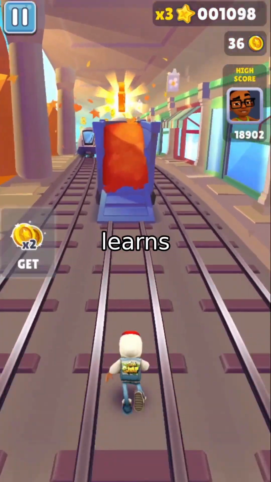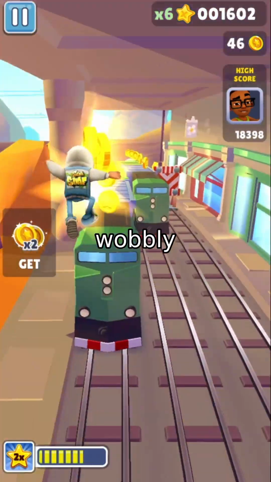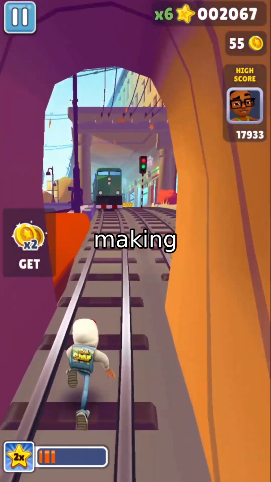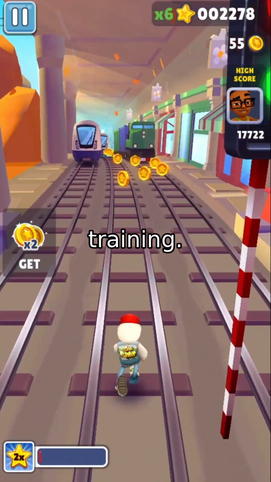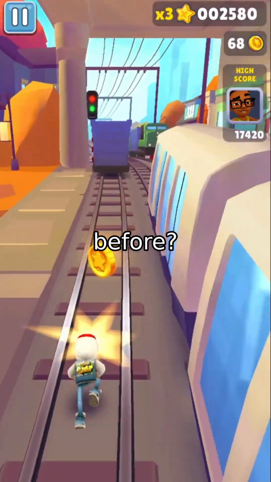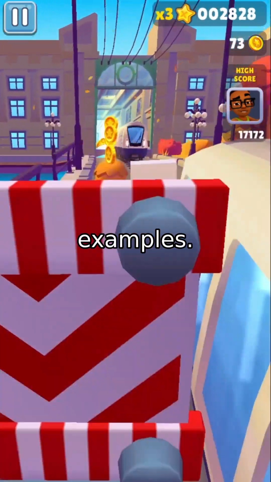Ever wondered how AI learns to adapt to new situations? Like how a robot trained in a lab can suddenly handle a wobbly table or a changing floor texture. That's the big challenge in reinforcement learning, making agents generalize beyond their training. But what if we could teach them to guess how to handle new environments, even if they've never seen them before? Today, we're diving into a groundbreaking approach that's changing how AI learns from few examples.